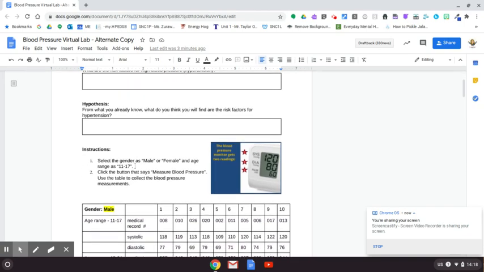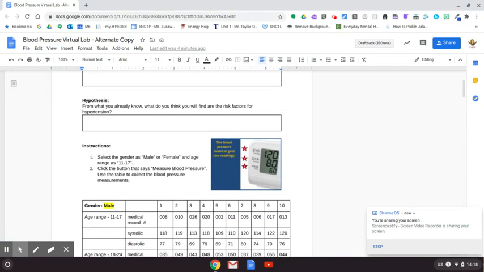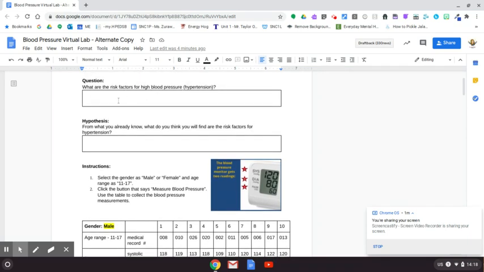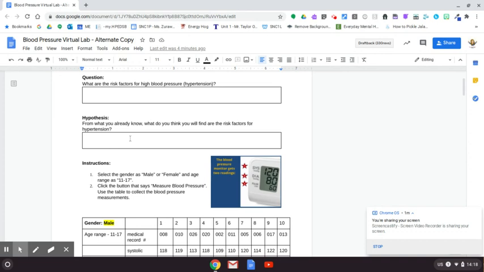In this blood pressure investigation, you are going to look at males and you're going to look at females, and you're going to look at different age ranges. So your hypothesis needs to be something along the lines of a comparison of males versus females. So I believe that males are at greater risk for hypertension, or I believe that females are at greater risk for hypertension, or, based on what you know up here, you might say something like, I believe overweight males are at a higher rate for hypertension, or females with a high salt diet are at a higher rate